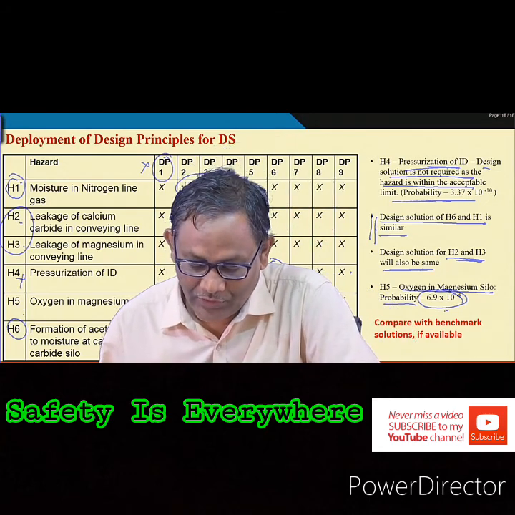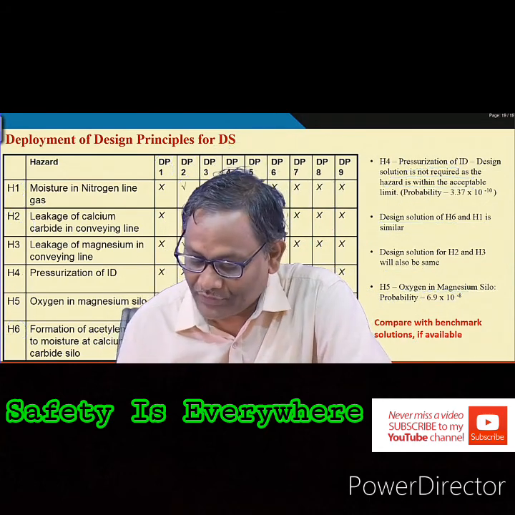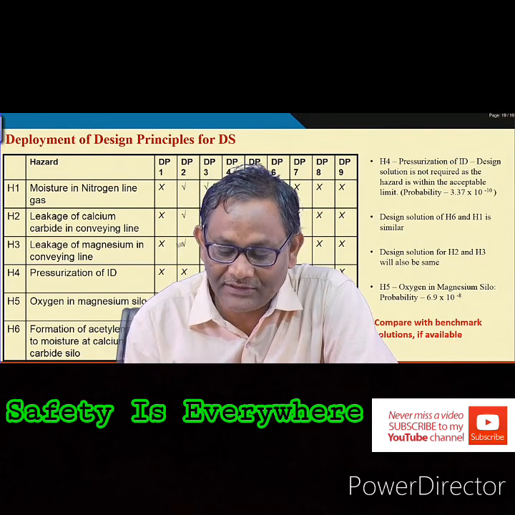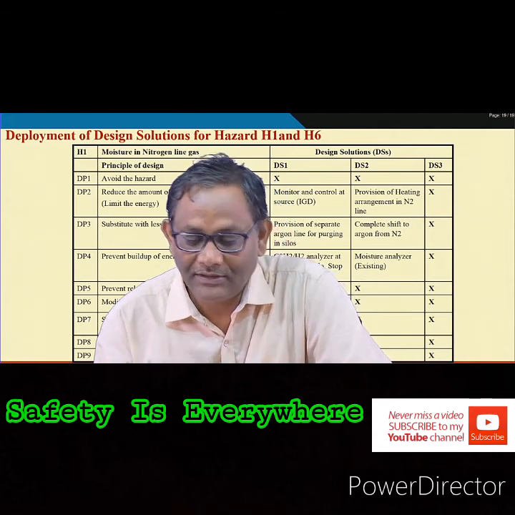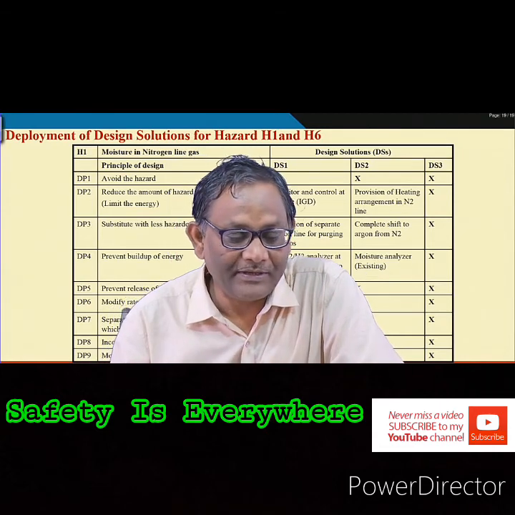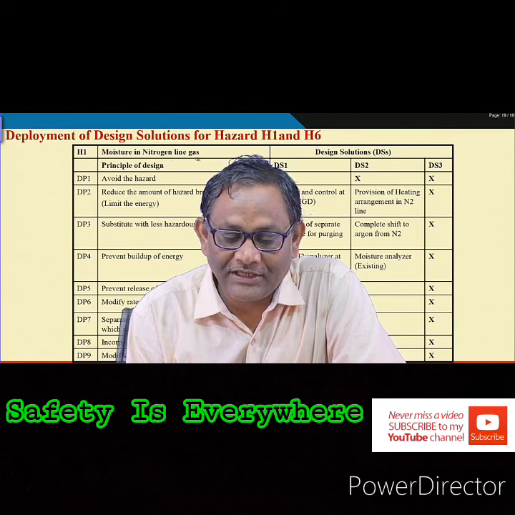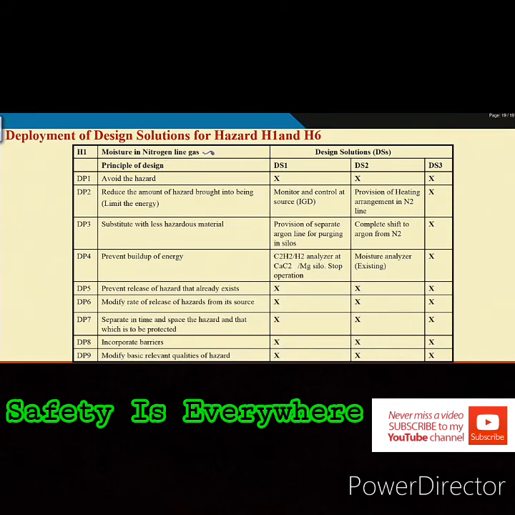So what you will do now, you have to find out the solutions with reference to these. So how do you see the deployment? Moisture in nitrogen gas, what are the things about the hazard not possible? We say DP2, DP3, DP4 are available, others are not applicable. The expert team found out that in order to use this principle,